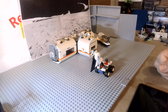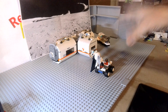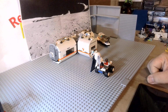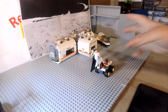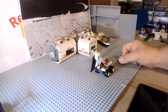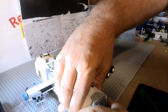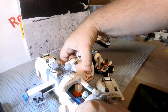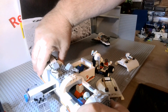I do have another space station I had picked up off of Amazon. We'll do that one for Mars, but I don't know if I'm really happy with how that is. It wasn't a Lego, it was an off-brand. It's fine if you're just looking at it for like a distance one, but if I actually want to play with it, because it's like this one, I can actually lift this open, and that other one doesn't have that. So that's where I really think Lego does a little bit better job than the other brands,